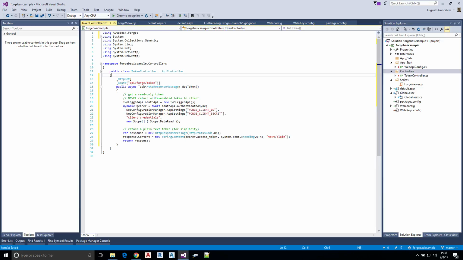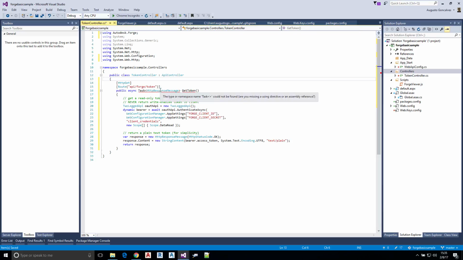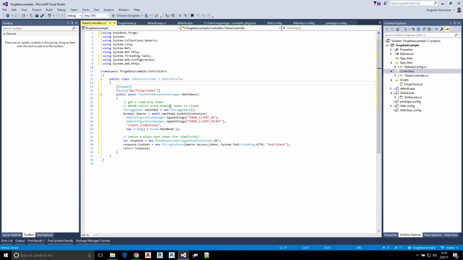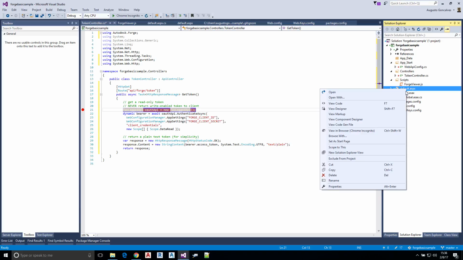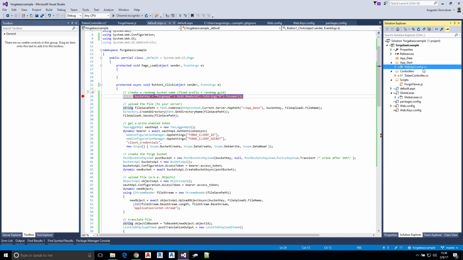Again, we are going to debug this code later. So let's come back to the code right after. Okay, so we're going to come back here. Let me hit a breakpoint there, and let's also set up a breakpoint here. So what else do we need? Every time you create a web API,